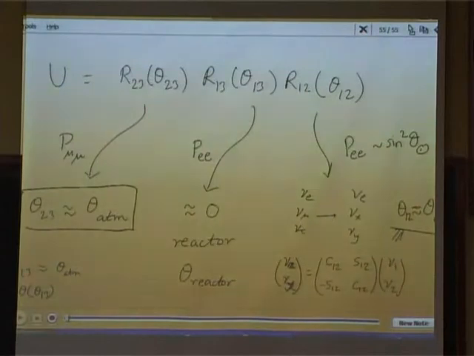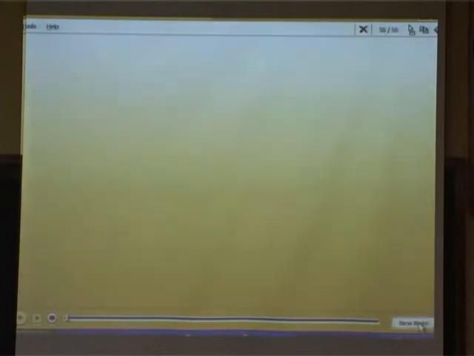Similarly, in the case of the KamLAND experiment, which was basically testing neutrino oscillations, it turns out that the probability of transition also depends on theta 13 to a small extent. We are going to come to that at some point. So theta 13 is going to affect all these quantities. So theta 13 bounds